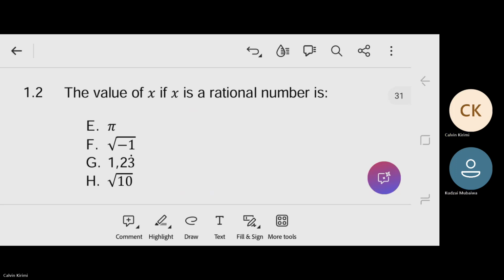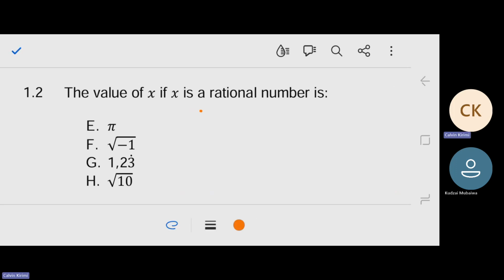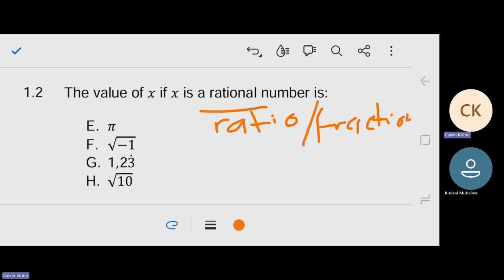It's a real number that you can express as a ratio, as a fraction. A rational number, we can express this number as a ratio, or fraction. That's what I mean by rational: that number you can express as a fraction. So the only number which you can express as a fraction is